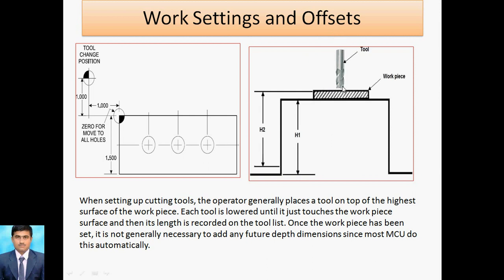Once the workpiece and the tool are in contact, the tool is performing the operations. Therefore, before that we have to adjust this. It is also required for the tool change operation. Suppose we have to change the tools: the first tool will move away and the second tool will come in. That's why at the changing points we require the work setting as well as offsets.